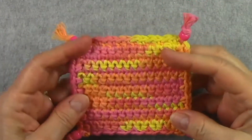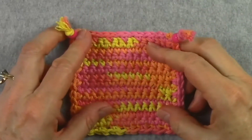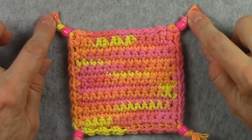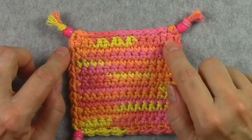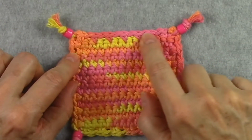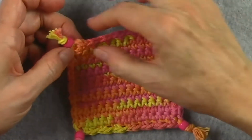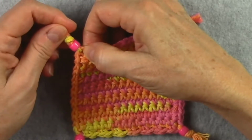Now let's look at the next option, which is option 3. That's the coaster with, let's get it right side up here, with the corner tassels and the beads. So this is going to be a little bit different edging so that we have a chain space in the corner to insert our tassels. So let's do that edging